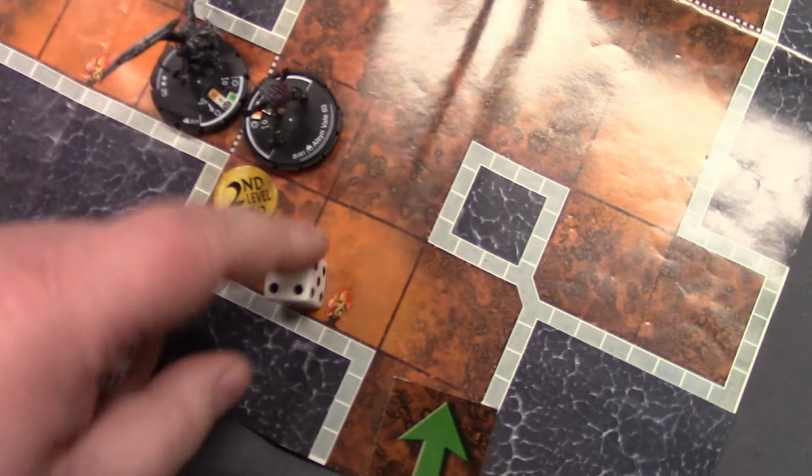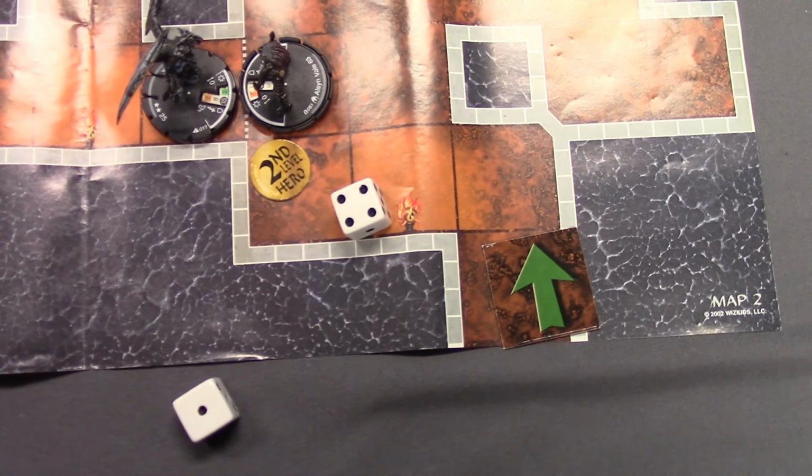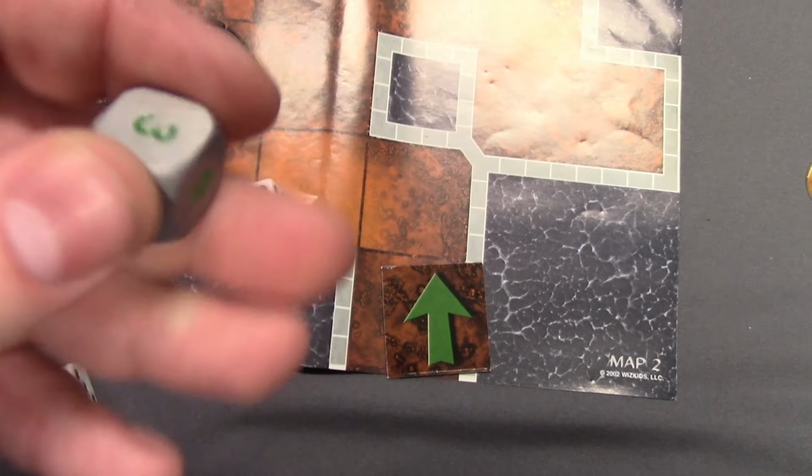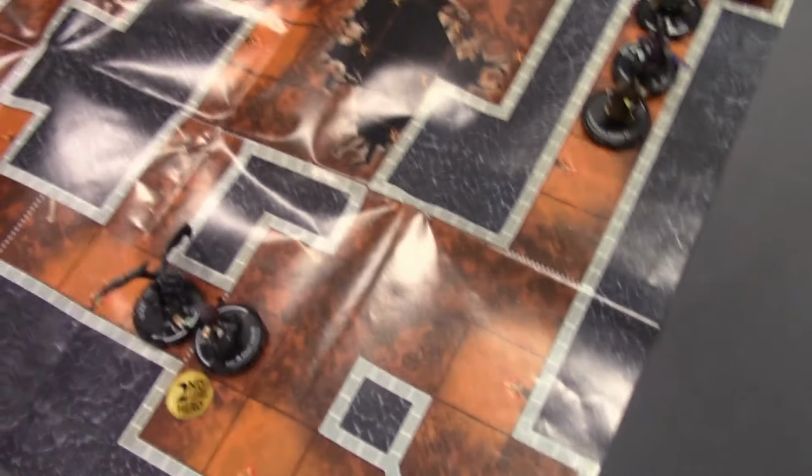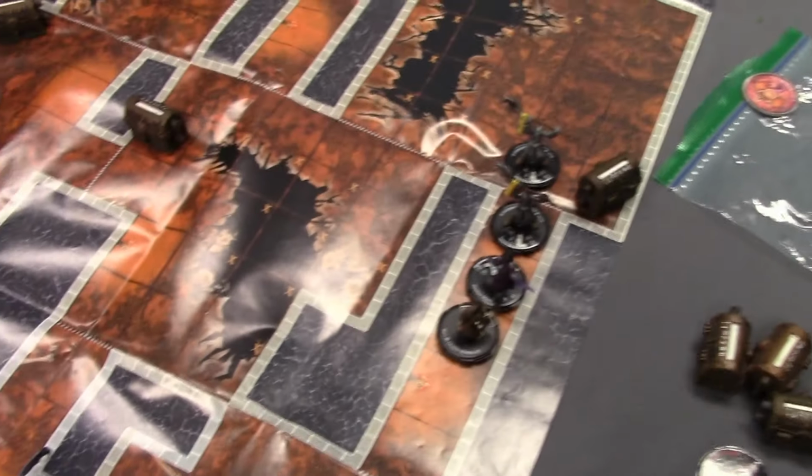So with that, we're back onto the hero turn, and I should probably grab a third die for monster activations. That way I don't forget it again. I got a die right here. So that is 4 Mage Spawn activations. But we'll put that there. We will start off with...